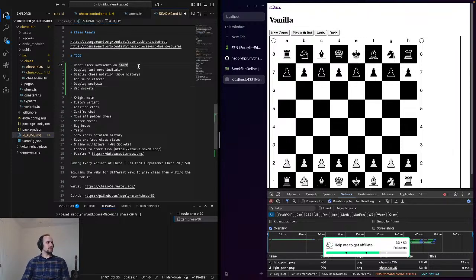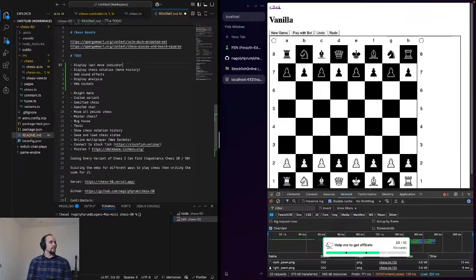So we did this. We reset pieces on start. Let's do the last move indicator. Fix passant for Stockfish. Fix highlight for